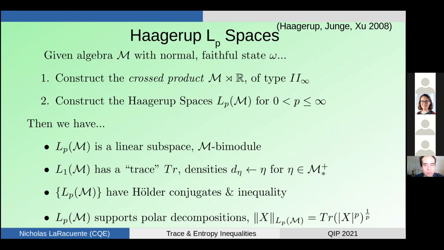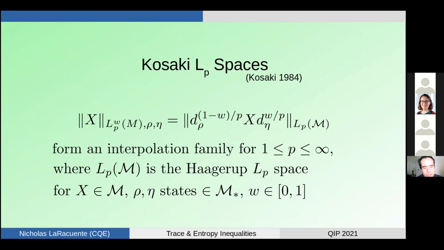It's sort of like we're recovering many of the tracial ideas in this L^p space, which, even though it isn't the same as the von Neumann algebra we started with, will allow us to do things related to that von Neumann algebra. There are also these Kosaki L^p spaces. These were introduced by Kosaki. No surprise there. So the Kosaki L^p spaces have a norm that's given by taking an object in the original